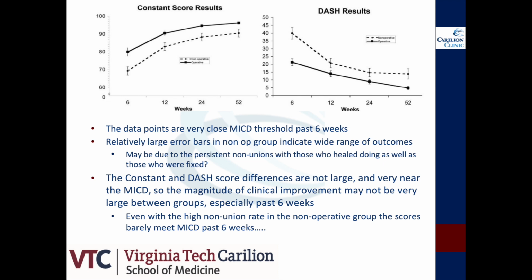When you start looking at the 12-week and the 24-week time points, you can see that the difference between the two scores gets smaller. The scores for the surgical group are better, but the actual magnitude of that difference is less than 10 based off what I'm seeing on the graph data. And a difference less than 10 does not meet the MCID threshold. And so even though the functional scores are, quote unquote, better at 12 and 24 weeks, it doesn't actually meet